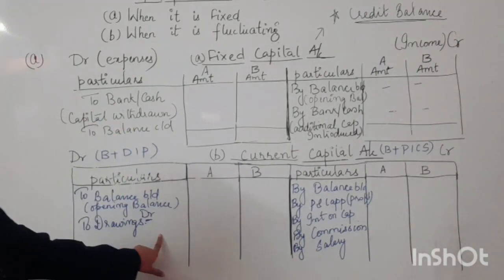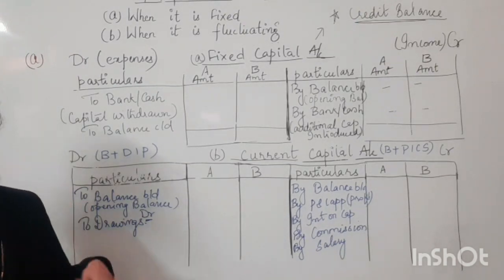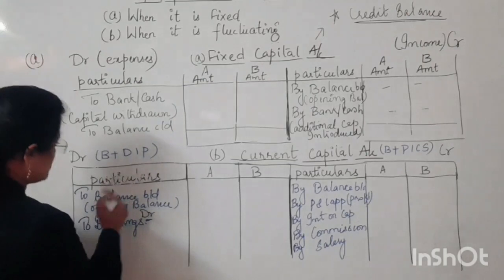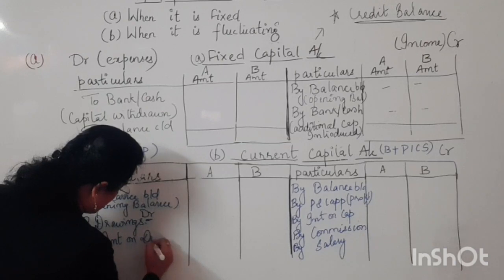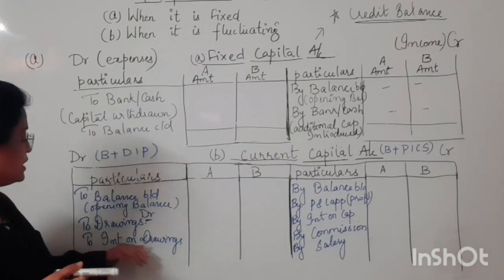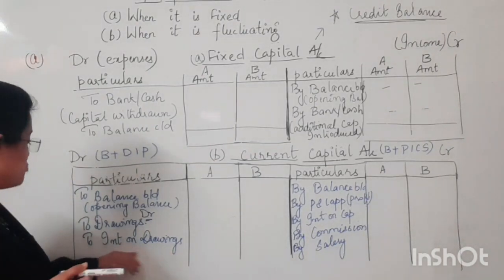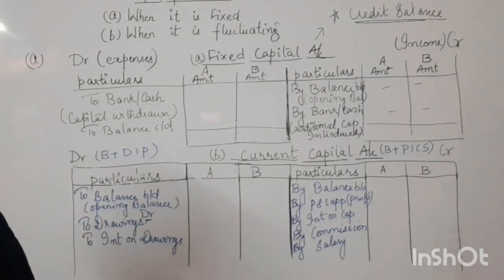Now the next thing, we have shown the drawings. Definitely if the partners are withdrawing some amount in the form of drawings, they are liable to give what? Interest. So this I stands for what here? That is interest on drawings. The partners have to pay the interest on drawings to the firm as it's an expense from their point of view, and moreover it decreases the partners' capital too. So interest on drawings will be shown on the debit side, if the partners are making the payment to the firm in the form of interest on drawings.